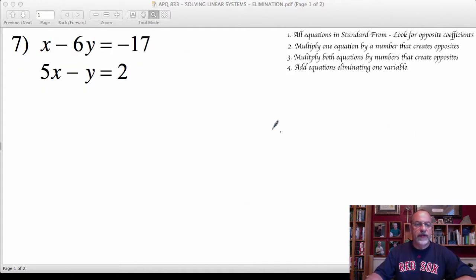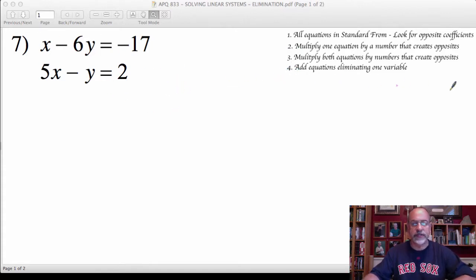Looking at number 7 and going through our steps, we make sure the equations are in standard form. They are in standard form. We look for opposite coefficients. The 1 in front of the x and 5 are not opposites. The negative 6 in front of the y and the negative 1 are not opposites. So I'm going to have to go to step 2 and multiply one of these equations by a number that